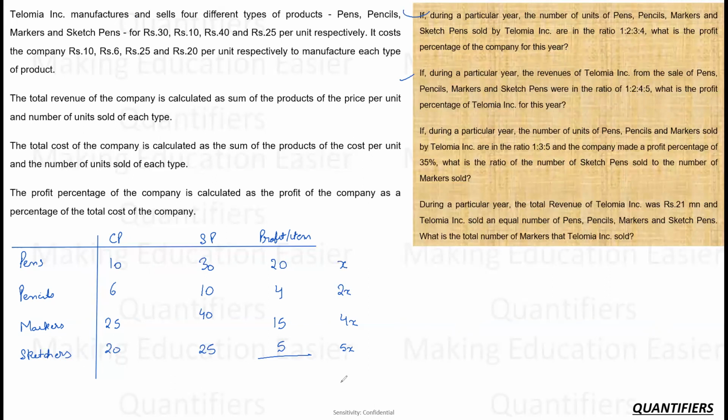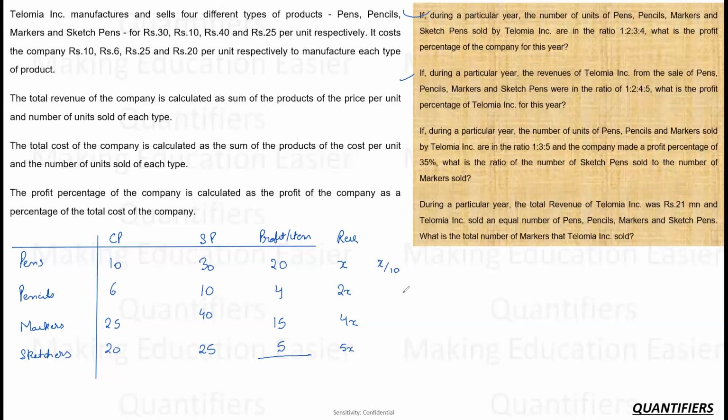अगर मैं कहता हूँ आपको, आपने आज कुछ चीजें बेची और आपको 100 रुपए मिले, ठीक है, तो आपने कितनी चीजें बेची होंगी, और मैं कह रहा हूँ कि एक चीज 20 रुपए की बिकती है, तो आप कहोगे 100 divided by 20, 5 items are there, right? This is how you calculate the total number of items. Now, when I talk about this, if the revenue is x and cost price is 10, right? So the number of items would be x by 10.